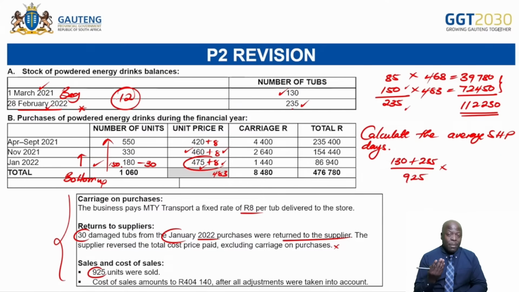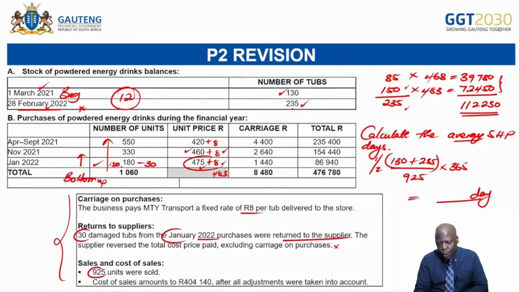You have to take note of that because there are certain questions which can have 7 months, 9 months, 6 months. So when you come here, you cannot multiply by 365 days. But in this one, we had it for 365 days. What is key is average. So that means I have to come here and get my average over there. Okay, because we're calculating the average stock holding period in days. So this is what you do if you are using your units.